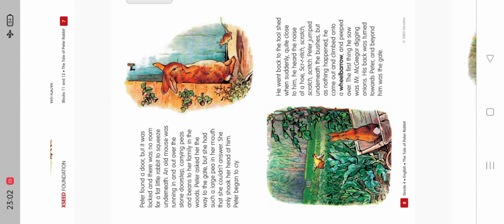Peter found the door, but it was locked and there was no room for a fat little rabbit to squeeze underneath. An old mouse was running in and out over the stone doorstep, carrying peas and beans to her family in the woods. Peter asked her the way to the gate, but she had such a large pea in her mouth that she couldn't answer.